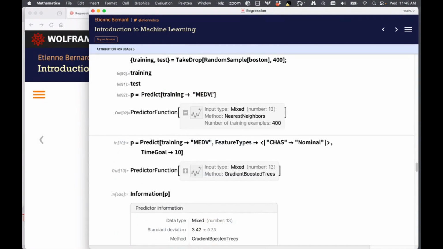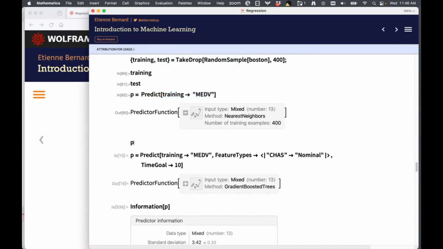So when I don't specify anything, because I have no idea what would be the right method to use, or any other customization that I would want for my model, I just have this training data and I just want to use predict, I can do that. And it deduces automatically that it has mixed features. If you hover over it, it says, okay, I saw all these features were numerical, and then here was a text feature, the CHAS column, and it automatically deduced that by itself. And the system thought that the nearest neighbors method was a good way to go. And so it went with that.